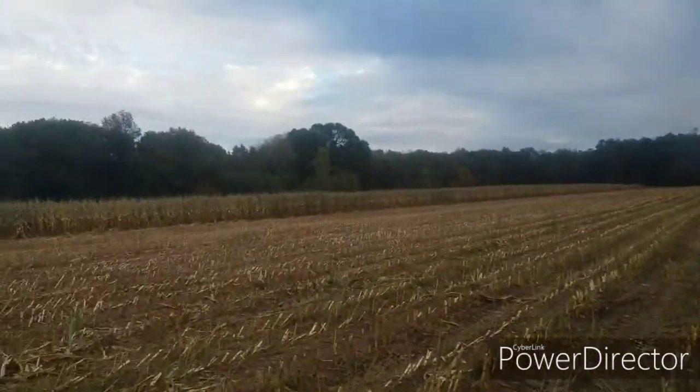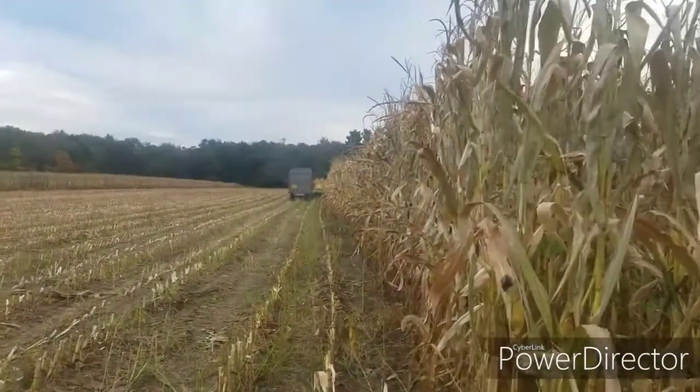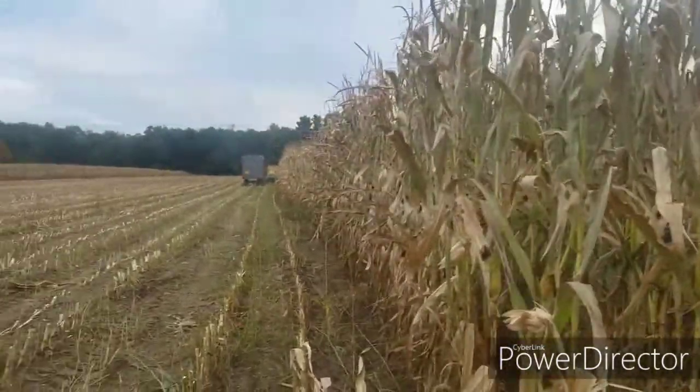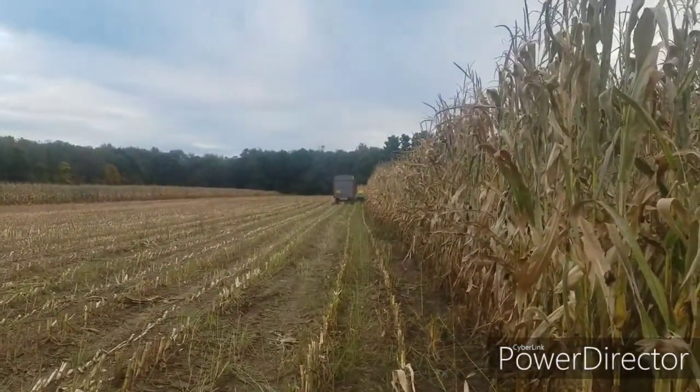But this is some of the better corn we got. This is a field we farmed. Dad farmed it when he was a kid, but this is the first year we farmed it, at least since I've been old enough. So